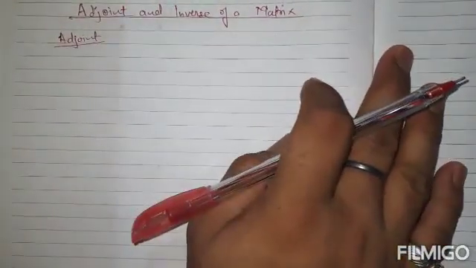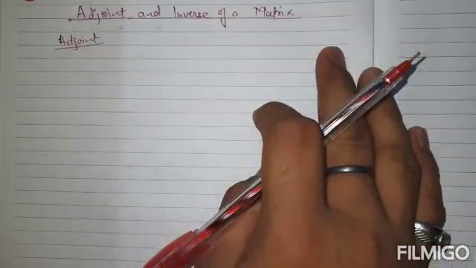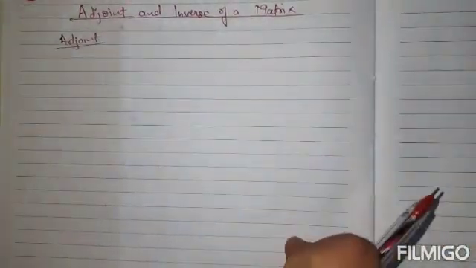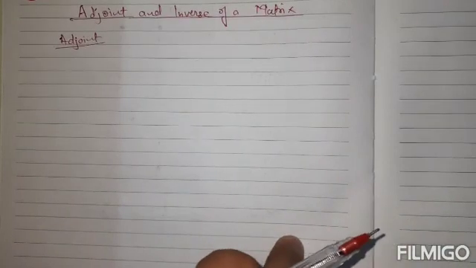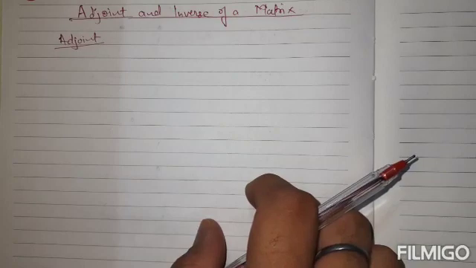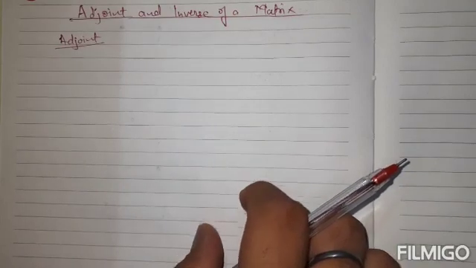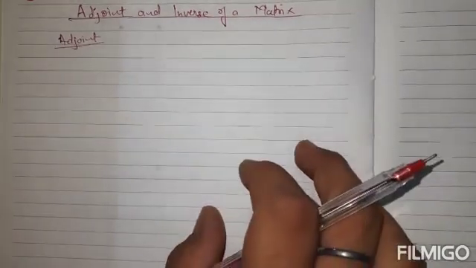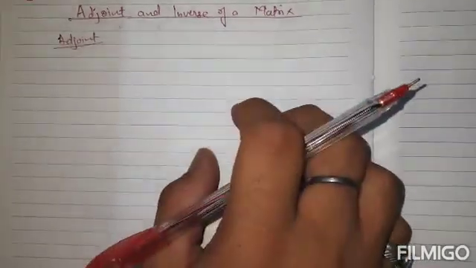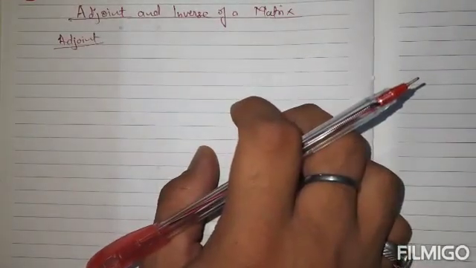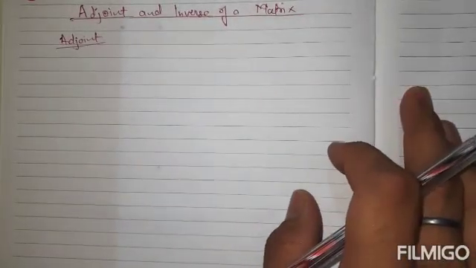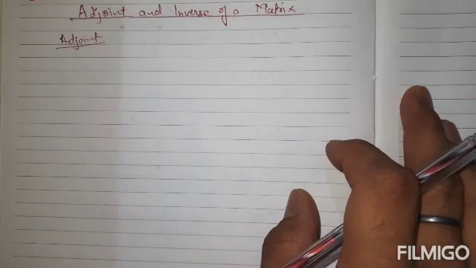Students, welcome back again. We are on this fourth chapter, determinants, and in the last lecture we have covered the topics that area of triangle, finding area of triangle using determinants, and the minors and cofactors. Students, we had discussed that the cofactor is the value of the determinant obtained by deleting any row and column in which the element is present.